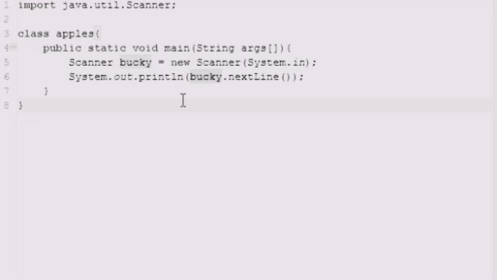So instead of System.out.println with text in here, we actually changed the text for Bucky.nextLine. And again, what that did is pretty much take the hey now variable and put it in here, and that's why it printed out hey now. So that's your quick tutorial on how to use the scanner to set it equal to a variable, and then use that variable to output